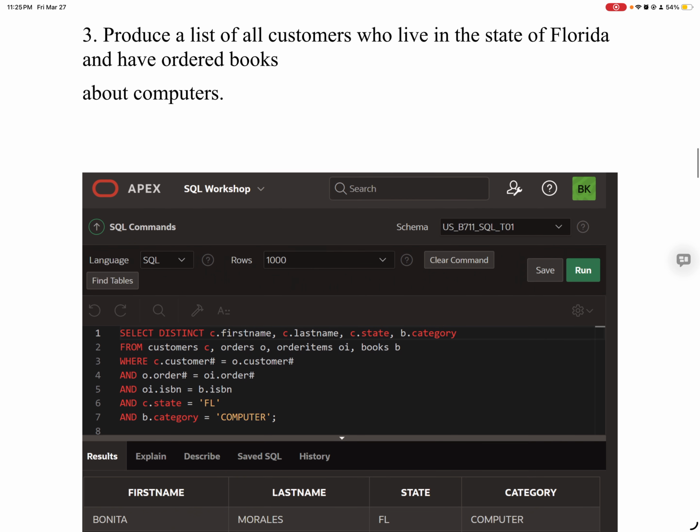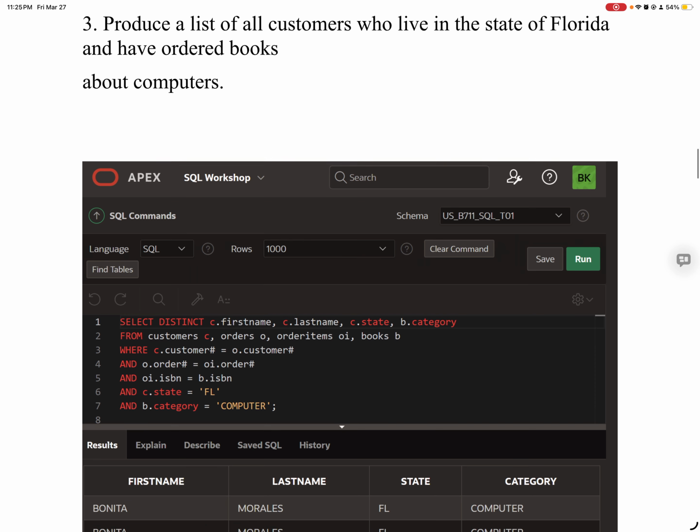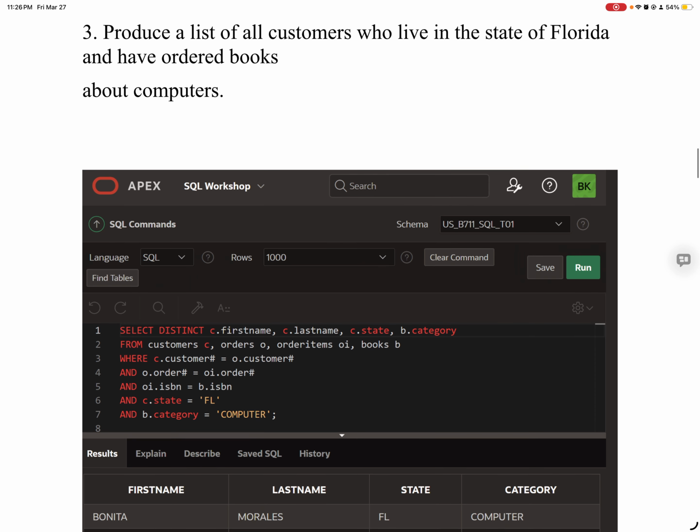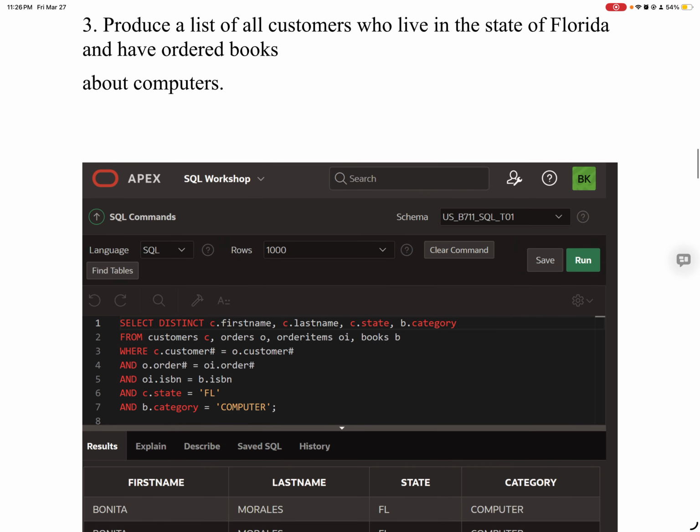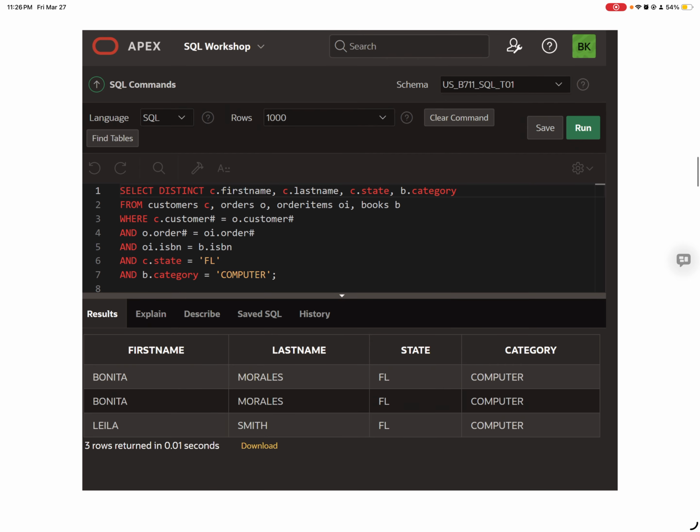Number 3. It says produce a list of all customers who lived in the state of Florida and have ordered books about computers. So to do that, we're gonna display a distinct first and last name of customers, selecting only those who lived in Florida and have ordered books in the category